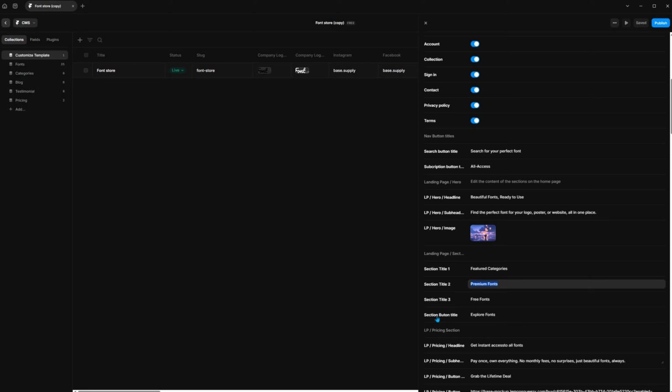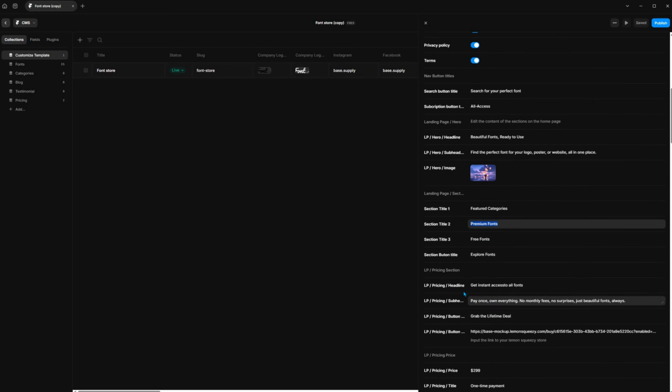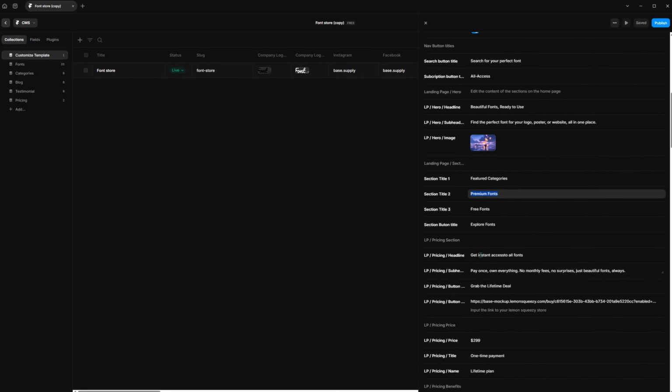This is the section button title, which is Explore Font. You can definitely change this if you don't want it. You can put View All Font or All Font, whatever you want. It's your choice. Then for the pricing, you can change the headline and the sub-headline,